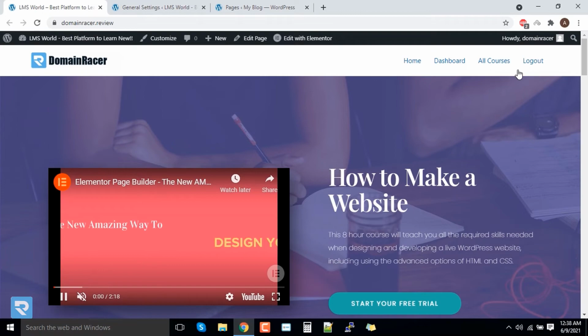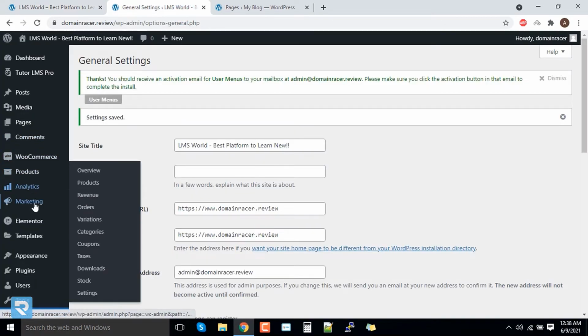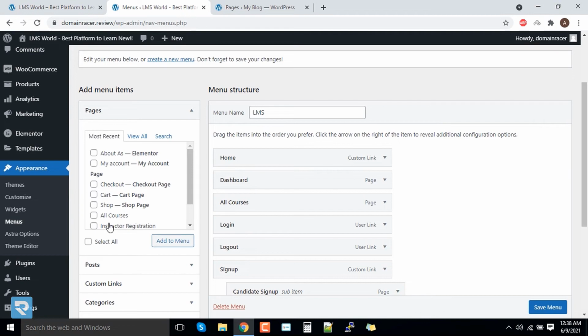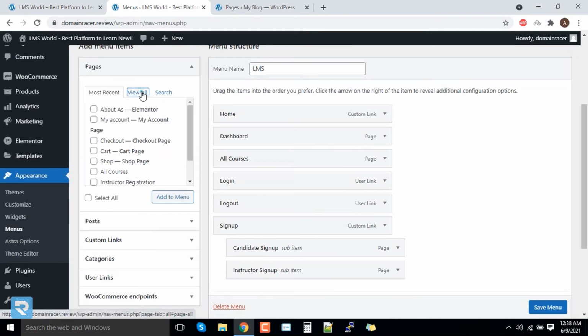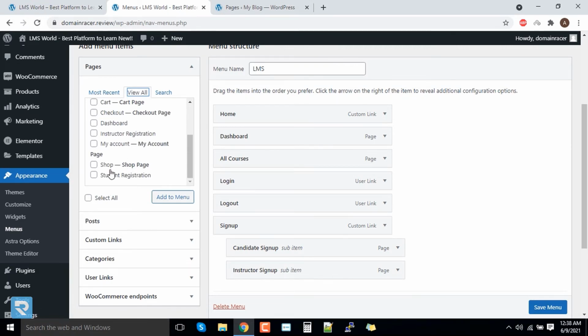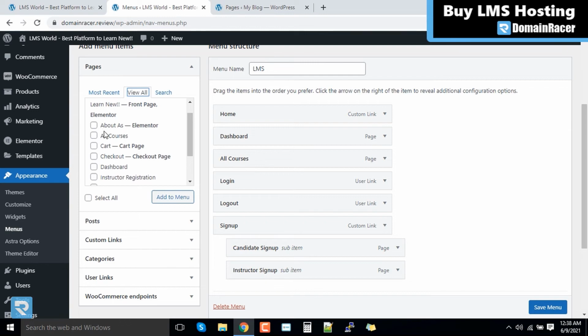Now only one thing is remaining, adding the about us page here. For that we can go to appearance and click on menus, the same process that we completed in the menu sections. Here it is the page. We have to go to view all and look for the about us page. Here it is, the about us page, and click on add to menu.